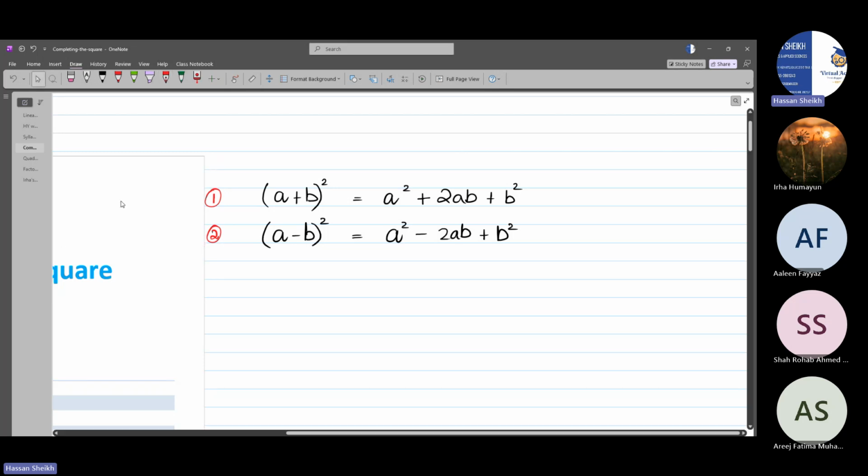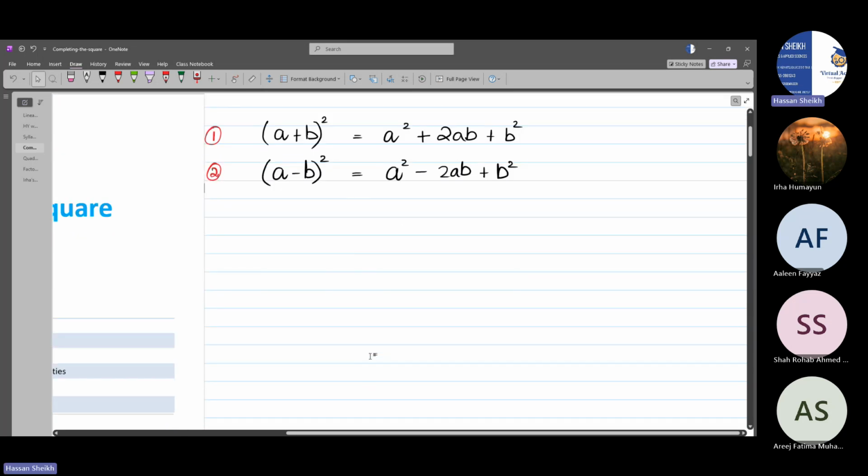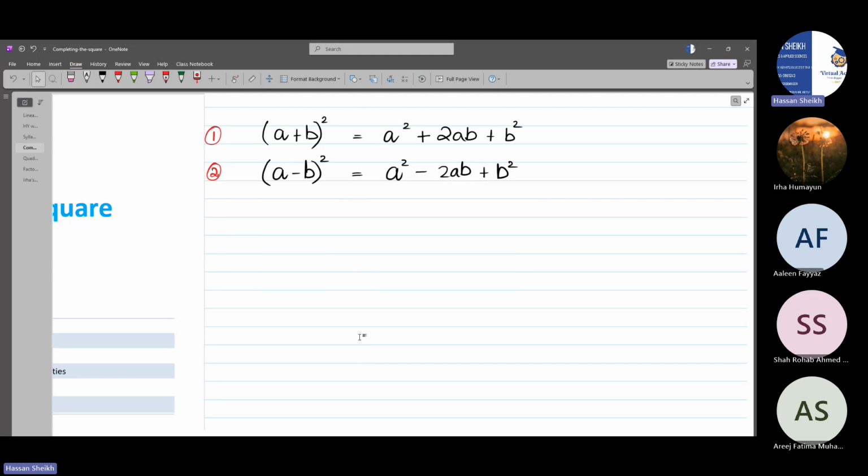Sometimes they may ask you to just simplify it or to turn it into a form, which means that obviously an expression would be given to you in that kind of question. Now, (a plus b) whole square equals a square plus 2ab plus b square. And then we have (a minus b) whole square equals a square minus 2ab plus b square. Starting off with the completing the square method,